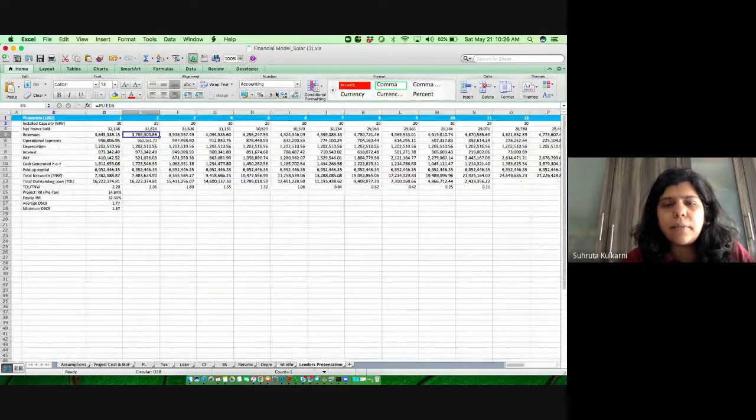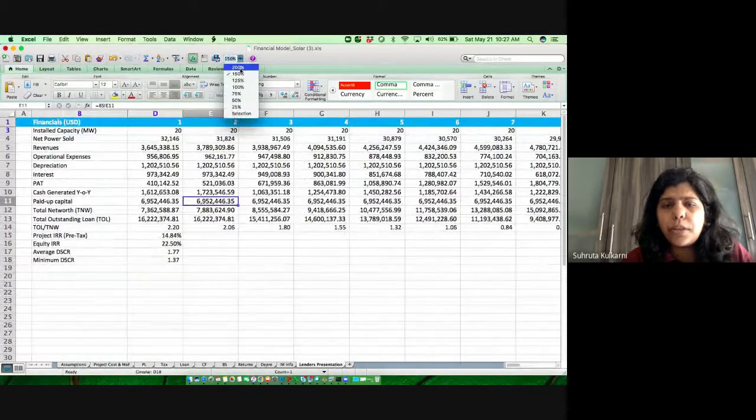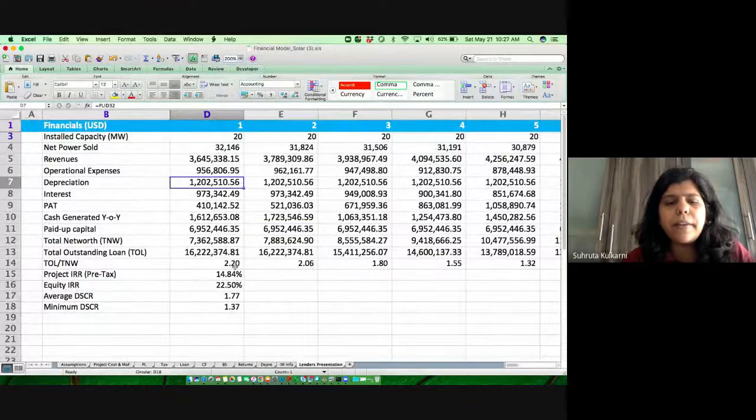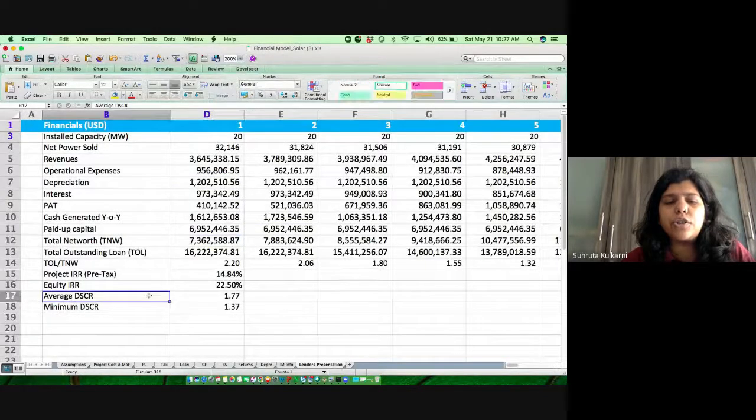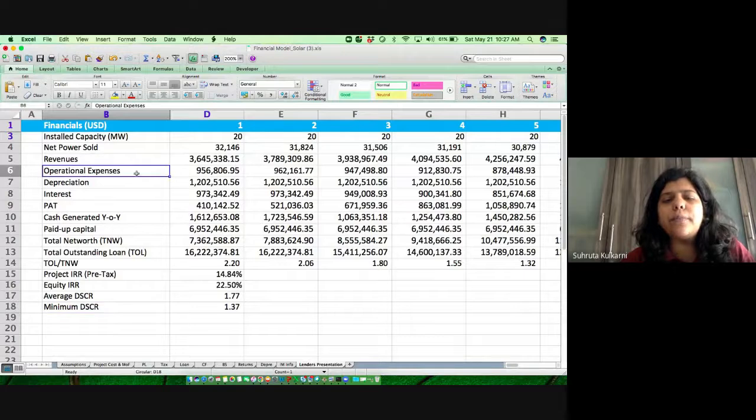And then this is something called the lenders presentation. Now, lenders are not worried about whether your project makes you enough money as an equity investor. Lenders are worried about certain ratios called DSCR or coverage ratios, and they want to see whether my loan is getting repaid and whether my interest is getting paid. They are just worried about that. So for lenders, I need to show something else.